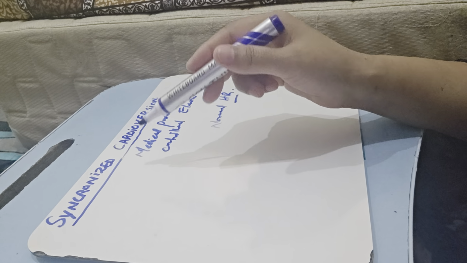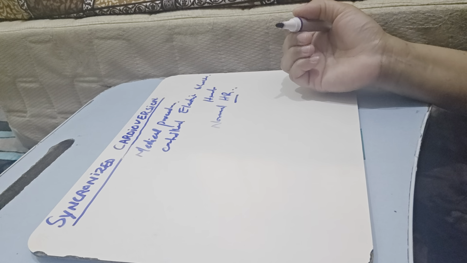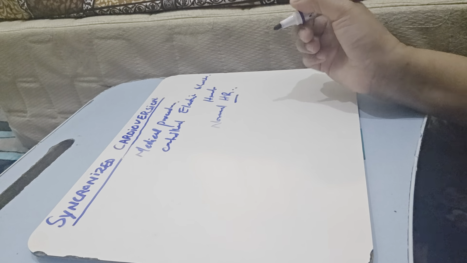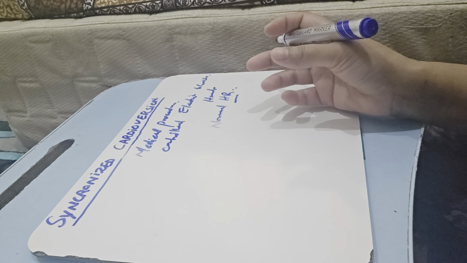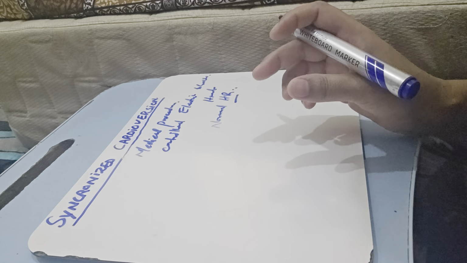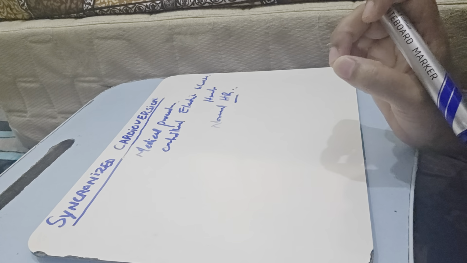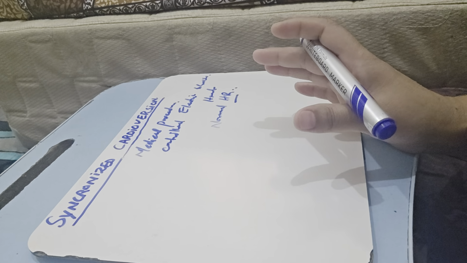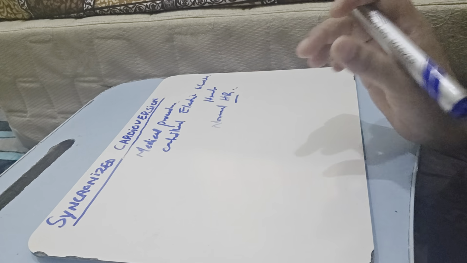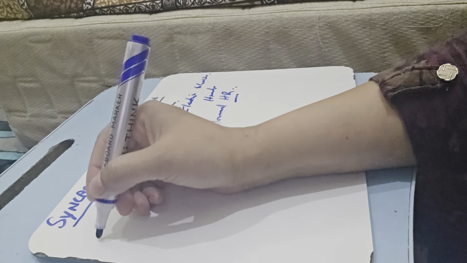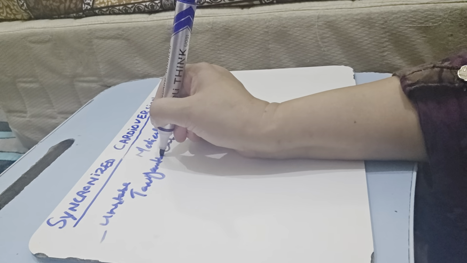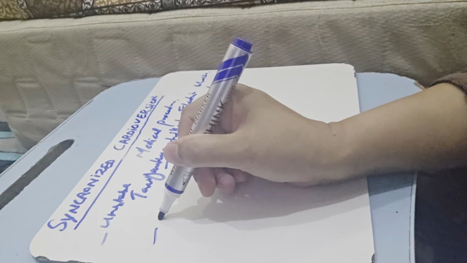When do we have to use it? There are some conditions when we use synchronized cardioversion. It is used when the heart is beating too fast but the person still has a pulse. This is a key point for the NCLEX exam. When the heart is beating fast but the person still has a pulse, these are called unstable tachyarrhythmias.